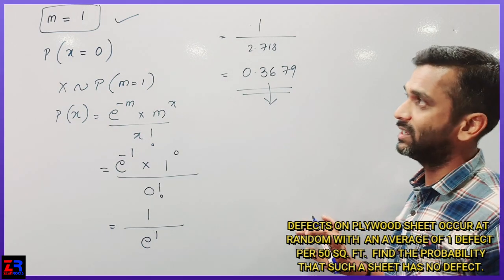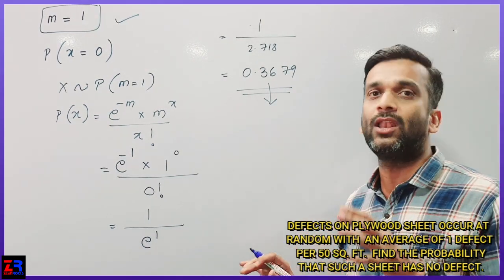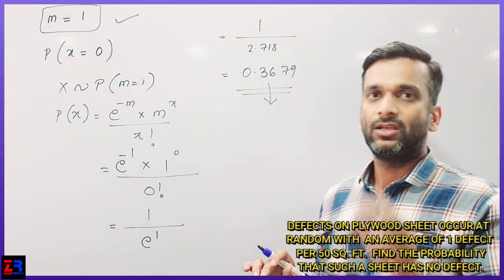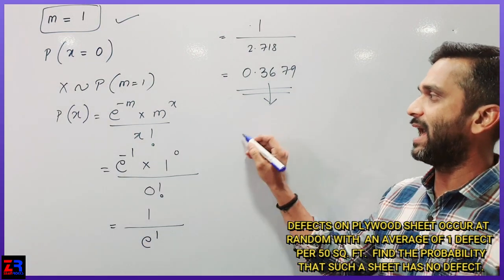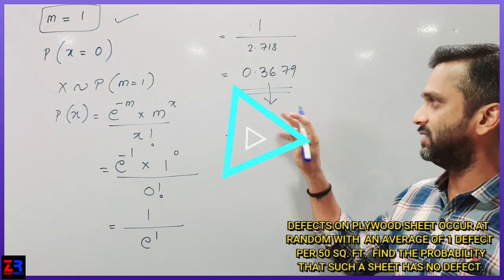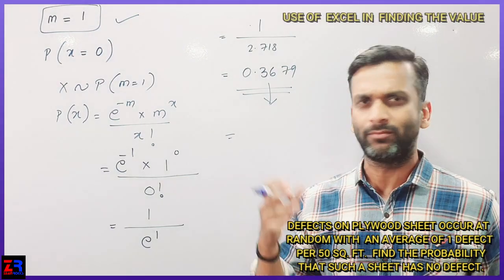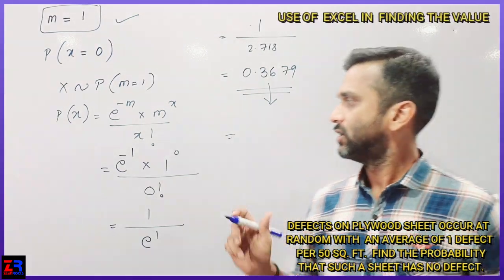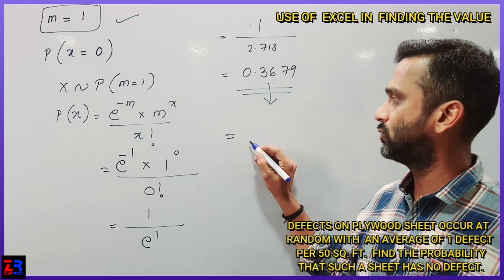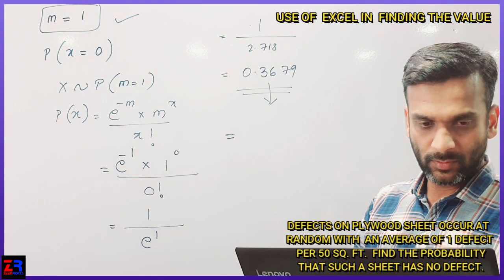Now this question can be solved with the use of Excel also. I'll show you how to use Excel and get the answer to this question directly, and you can mark the answer in your exam. You have to write equal to Poisson